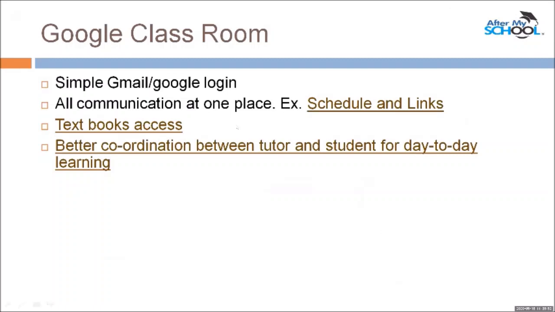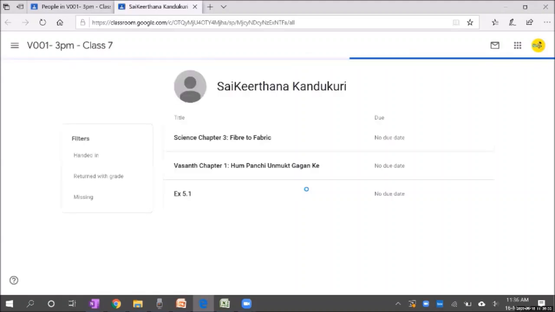I think this is the best part. Now this is where the real power of Classroom comes into the picture. For example, there is a particular chapter which has been taught on a given day. The tutor gives an assignment. Once the tutor gives an assignment, the child has to do that homework and respond back. So the Google Classroom app gives an option of doing this to and fro interaction between the tutor and the child very, very smoothly.